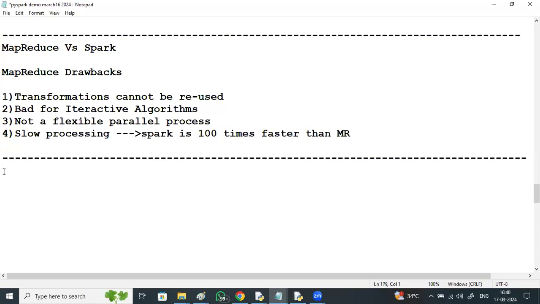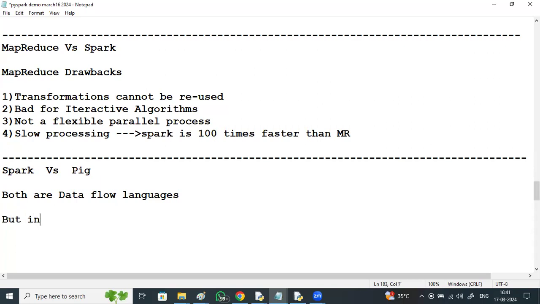Now, there is one more. Yesterday I was telling you, right? There was one more component in Hadoop which was mostly used previously. Very much used, very flexible with very little coding. Pig. Spark and Pig, right? Apache Pig. So the commonality you see in Spark and Pig is that both are data flow languages. It means the entire data flow will execute when we perform some kind of action.